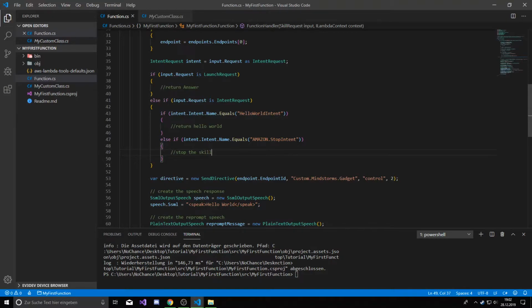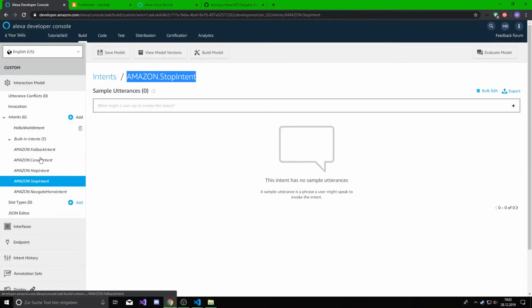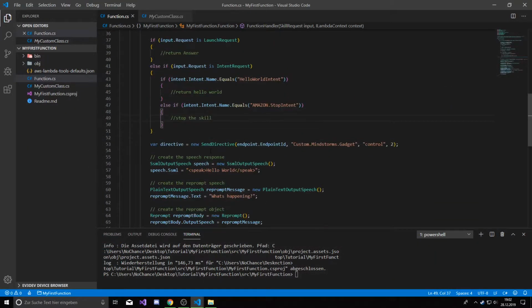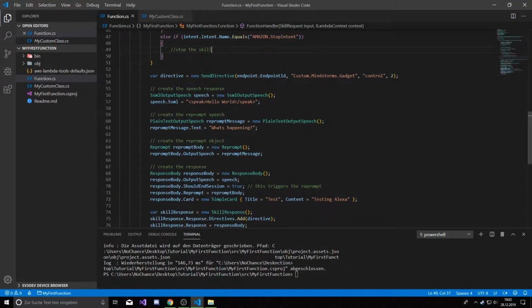And now a good programmer would obviously catch every one of those intents, and you should do this in your case. But to keep this video as short as possible, I'm just gonna do this for 2 intents. So you go ahead and add all those other intents, and when you've done this, we're gonna now create a function that creates an answer that is, let's say, universal. So we're gonna create an answer that is creating our